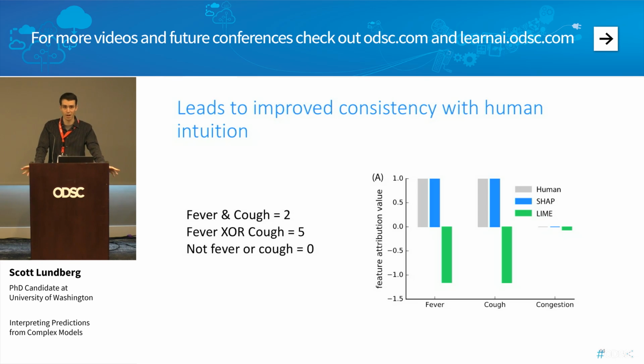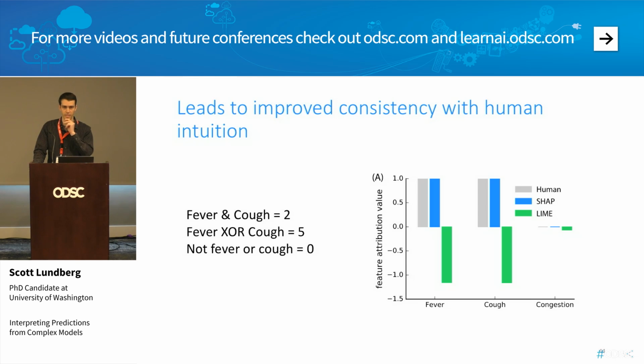If you have fever and cough together, it outputs 2. If you have just one but not the other, it outputs 5. Otherwise, it outputs 0, and we'll assume most people aren't sick. If we do that and attribute the values, LIME has this local model where it sees the difference between 2 and 5 being very negative, and so it tends to say that fever and cough are both actually protective. But that's not true in this case,